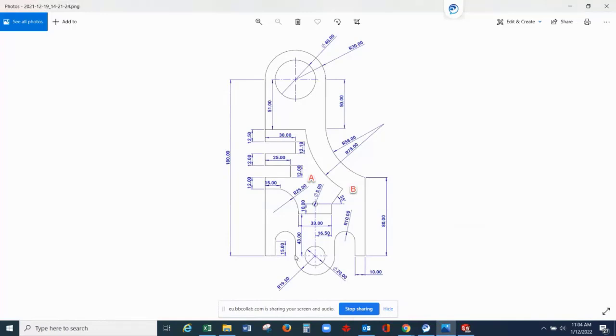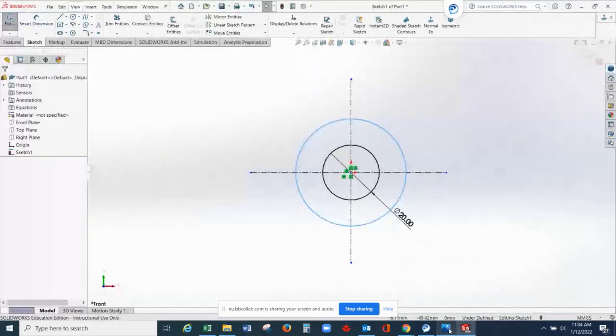Now from here, there is one line going up. We will assume that this line is tangent to this arc, having a length of 15 millimeters. Then from here, we will draw one arc having a radius of 10. It is similar to the other side. Line and then arc, so you have 10 and then 15. And this distance is 10 also, similar to the right side. So let's do it on SolidWorks.